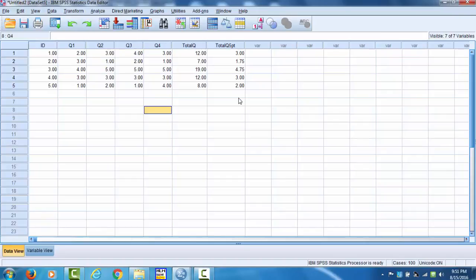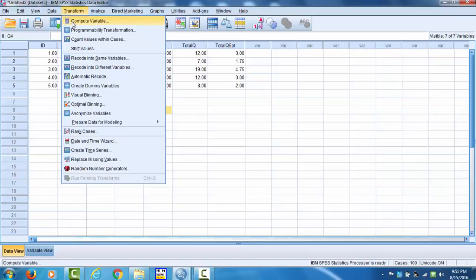So it's obvious here that the first 3 questions are tilted in a positive slant, but the last one is sort of tilted in a negative way. To have all these items oriented in the same way, we need to do something to change the values for question 4. Question 4 was on a scale of 1 to 5. So the high number is 5. So we're going to add 1 to 5,